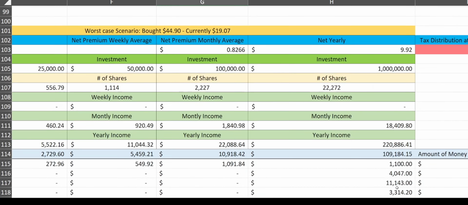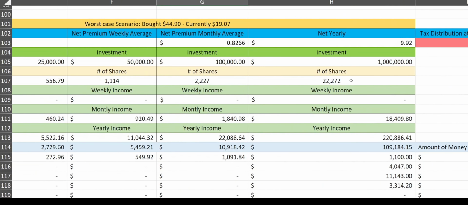All right, now the fun number, the $1 million investment. So as earlier, the $1 million investment is going to lead us to owning 22,272 shares. The monthly income is about $18,409.80. And over a year period, you're going to net $220,886.41, right? Because of return of capital considerations, we only have to pay taxes on